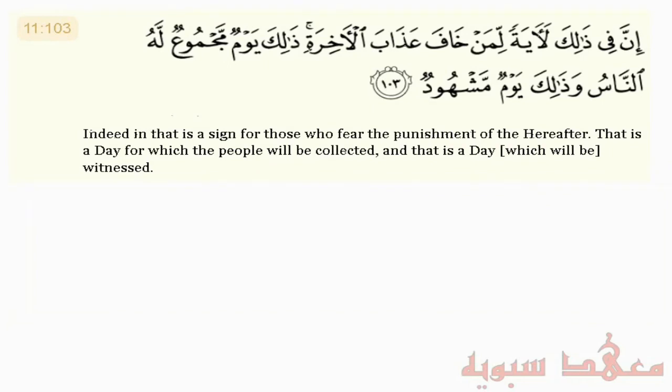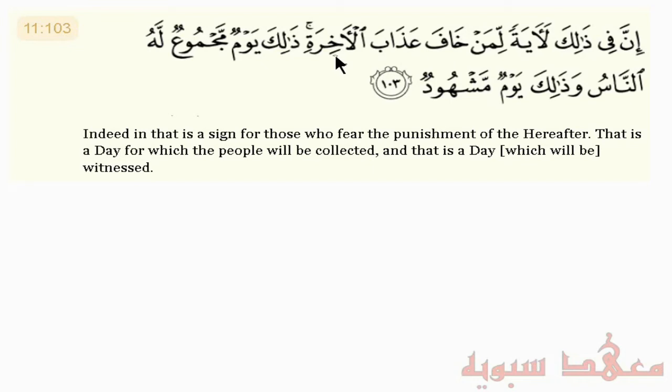The verse is in Surah Hud, and this is actually one of the surahs that used to instill fear in the Prophet Muhammad ﷺ, because of it mentioning the destruction of many of the nations before, and it spoke about the greatness of Allah subhanahu wa ta'ala and his severe punishment. And this is one of the verses which use indefiniteness for at-ta'zeem, and the verse begins inna fi dhalika la'ayatan liman khafa adhab al-akhirah. Indeed, that is a sign for those who fear the punishment of the hereafter.